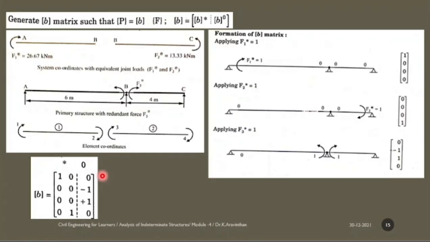Find these two components. How will you find A naught naught? Substitute here. You need to substitute B naught transpose. So in the beta matrix, you have two components. That is the B naught component and the star component. Yes or no? See how many components are here. This is the beta matrix you have found out here. How many star components? You have two star components and how many naught components? This is one. The same thing you are substituting here.